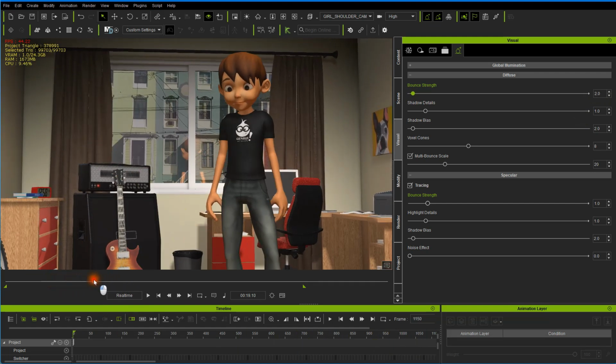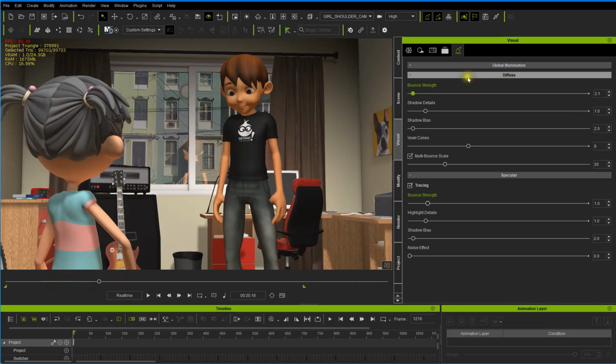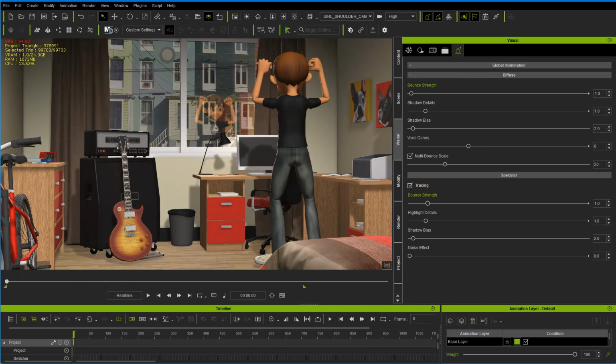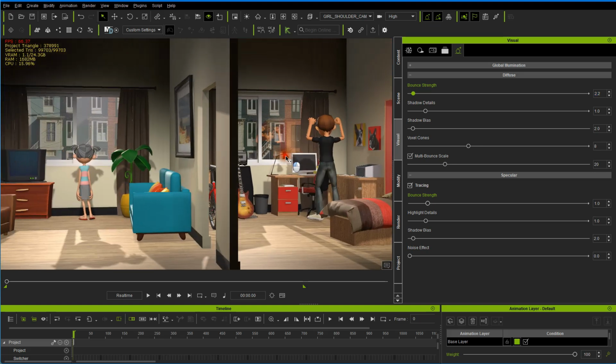But that's something you might want to think about doing, is using the bounce strength. And we had it set to 2.2, so let's go back to the beginning and set it to 2.2 as well, so it won't be animating on us. And that might be good to have a little more bounce light coming off, and that will ease up the